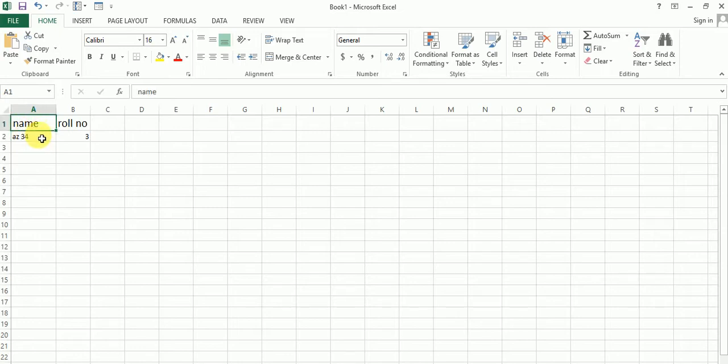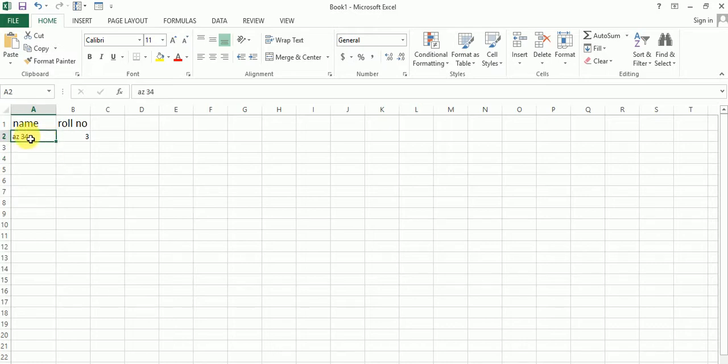Suppose this second cell. The cell number is A2 because the column name is A and the row number is 2. You cannot call this cell a field because it includes two types of data: first alphabetical, and second numerical value.